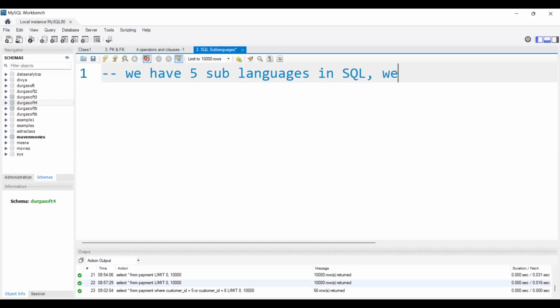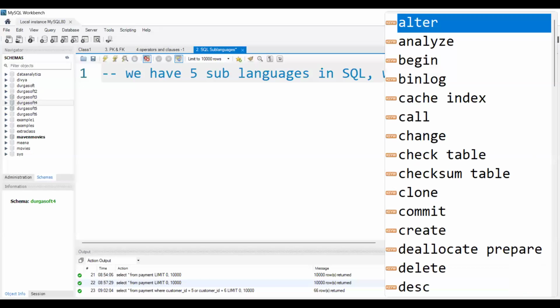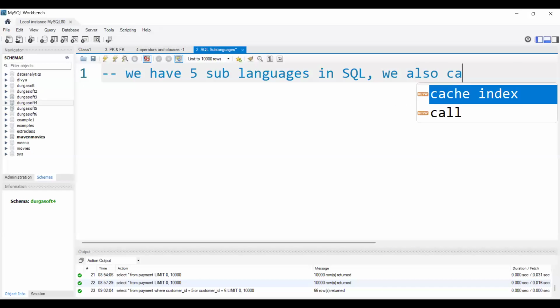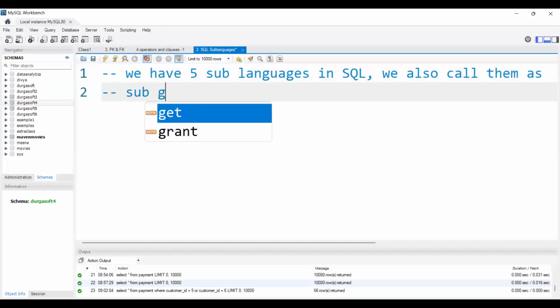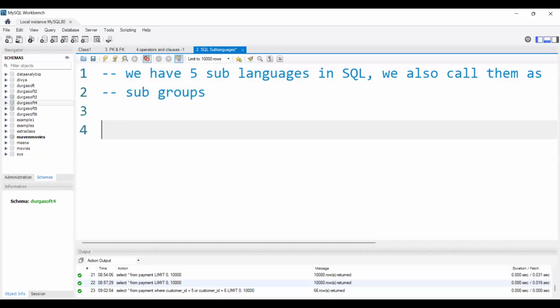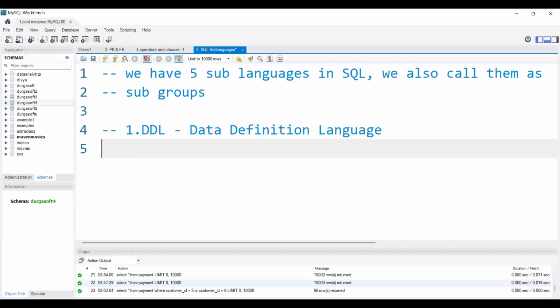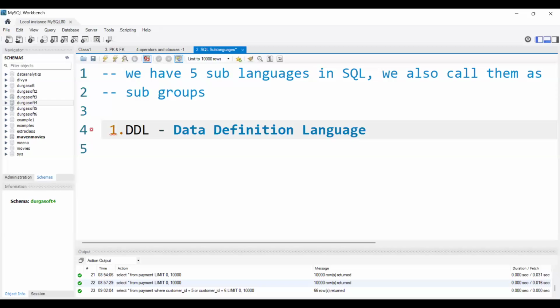We can also call them subgroups. What are all the 5 languages? First, we have DDL. Okay, DDL in the sense data definition language.